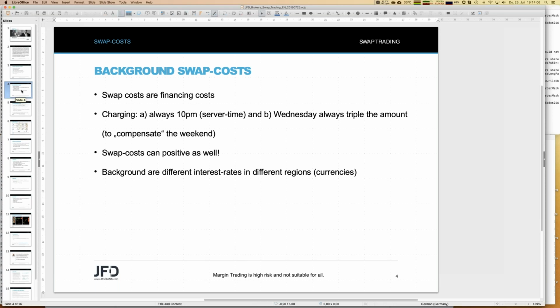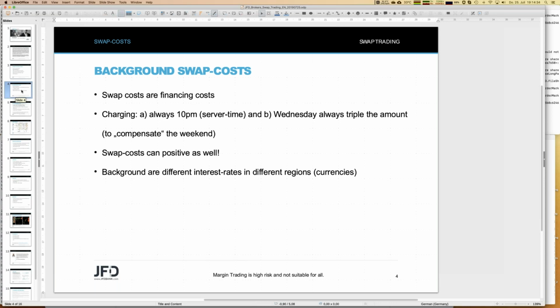The best example, by the way, is US dollar Swiss franc, but I forgot the direction. I think it's a short trade or a long trade. Let me think about it. No, it's a long trade. It's definitely a long trade. Then that is the best choice for having swap profits. And that will be about €5 per night per lot. But later we come to that special pair as well.